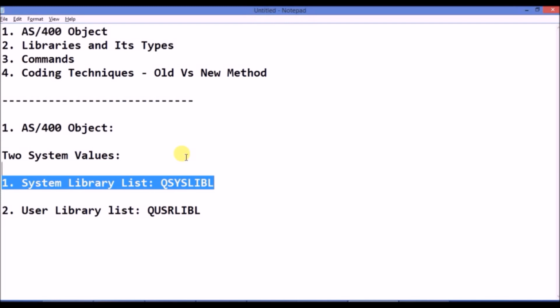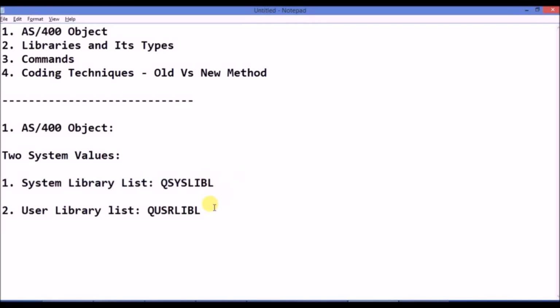As of now, I am just giving a quick overview of all these terms, as otherwise it might confuse you. So please don't worry if you don't quite understand. As of now, just note that all the system parts are contained inside system value QSYS LIBL, and all the user defined libraries are put under system value QUSR LIBL.